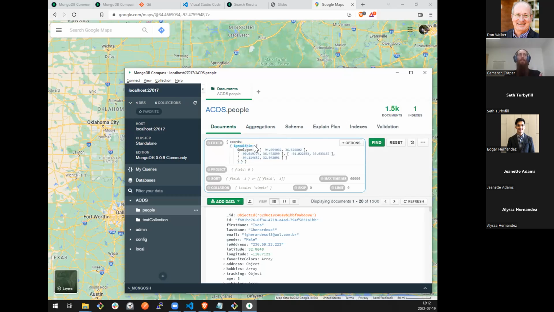Only this time, instead of using equals, I've used the geoWithin operator, and I've told it I'm going to give you a polygon, and I need you to look at the coords field, which contains a longitude, latitude, build a geographical polygon based on this input I'm giving you, which is effectively Arkansas, and then find everyone who resides within that generated polygon.